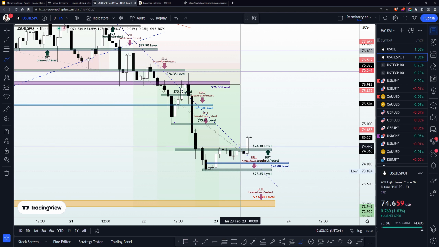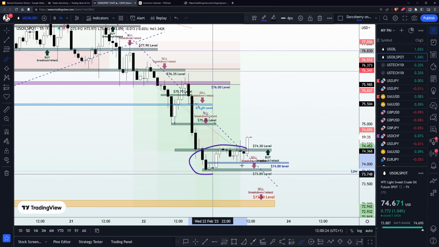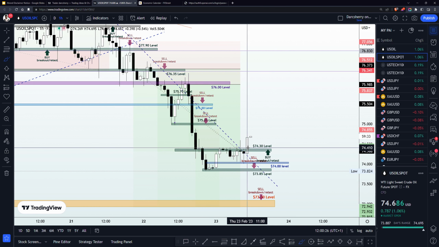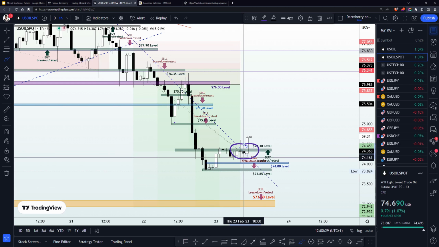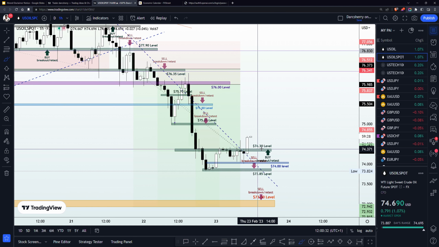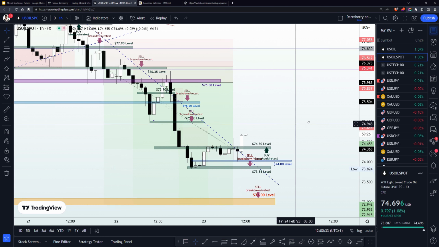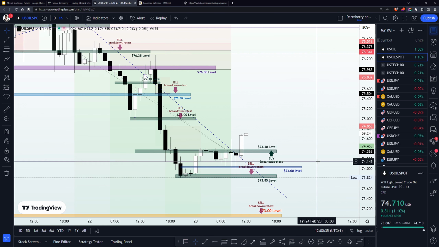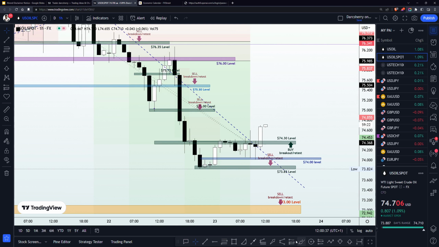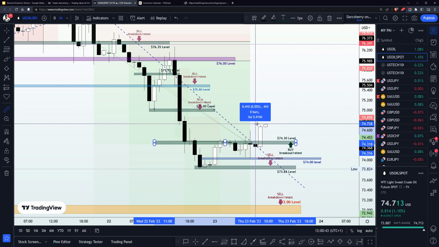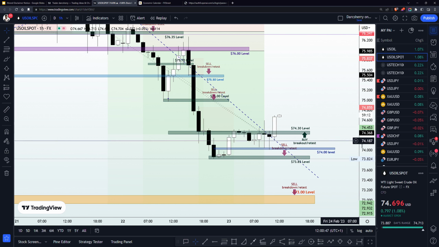And remember, we told you that we have a reversal pattern evolving here, and if price action does break out of the trend line or the $74.30 level, we want to be joining a bullish momentum from that area, and this is exactly what has happened here. So if you had joined that move above the $74.30 level, kudos to you, as you will currently be running about 40 pips in profit.